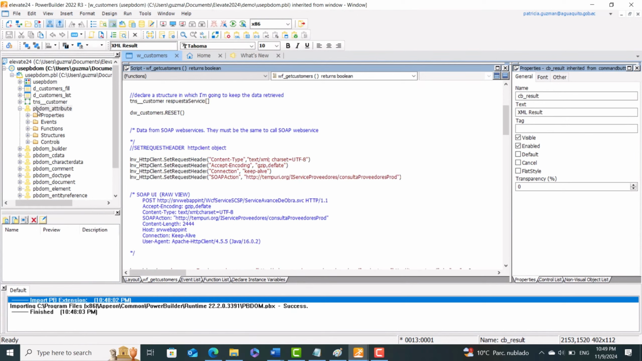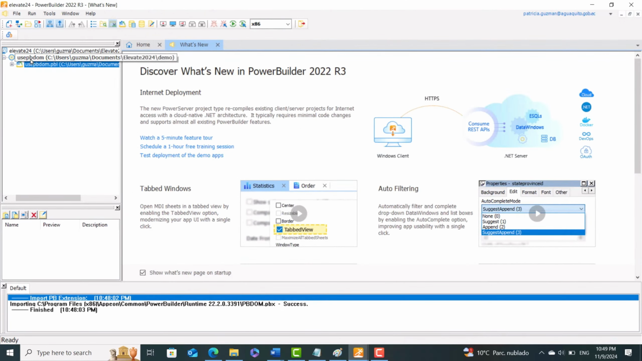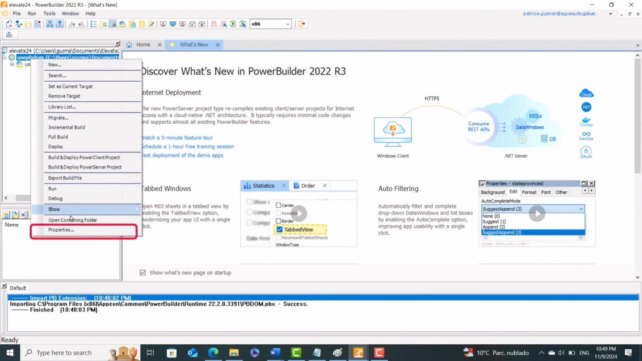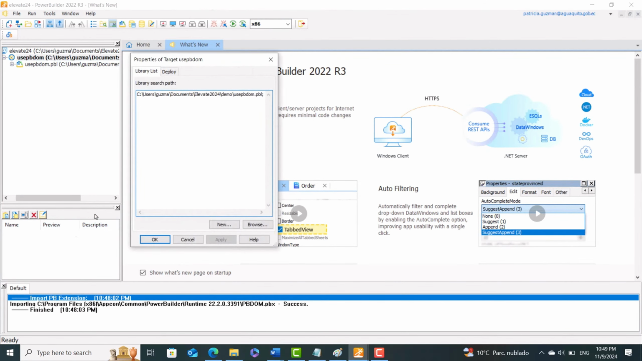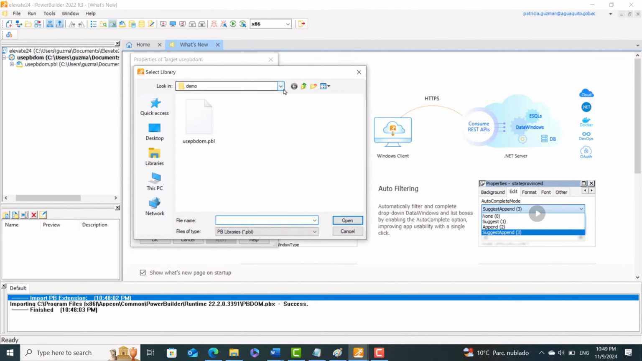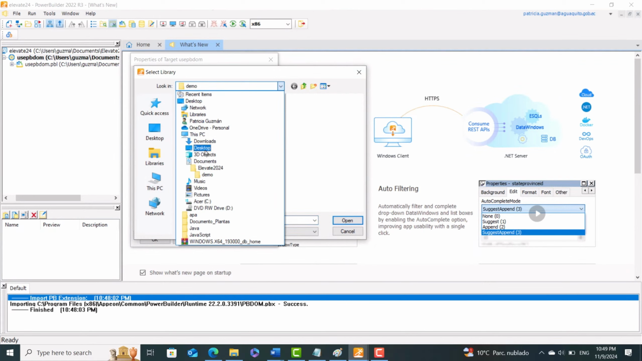The second way that we can use PBDOM objects is to add the PBDOM PBD file. In order to do that, let me close the customers window, save it and close it. After that, we can right click on the target and go to Properties, and we can add the PBD file. In this case, the location is, let's go to C, Program Files again,